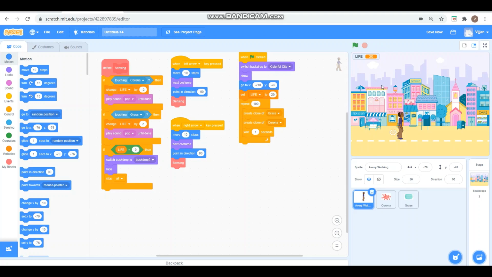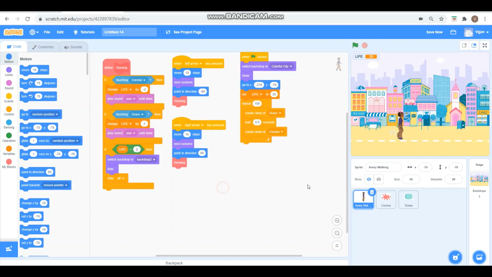So now if you have noticed that the mask and the corona are coming at the same time, they're coming together, right? So let's put a wait here. 5 seconds wait.